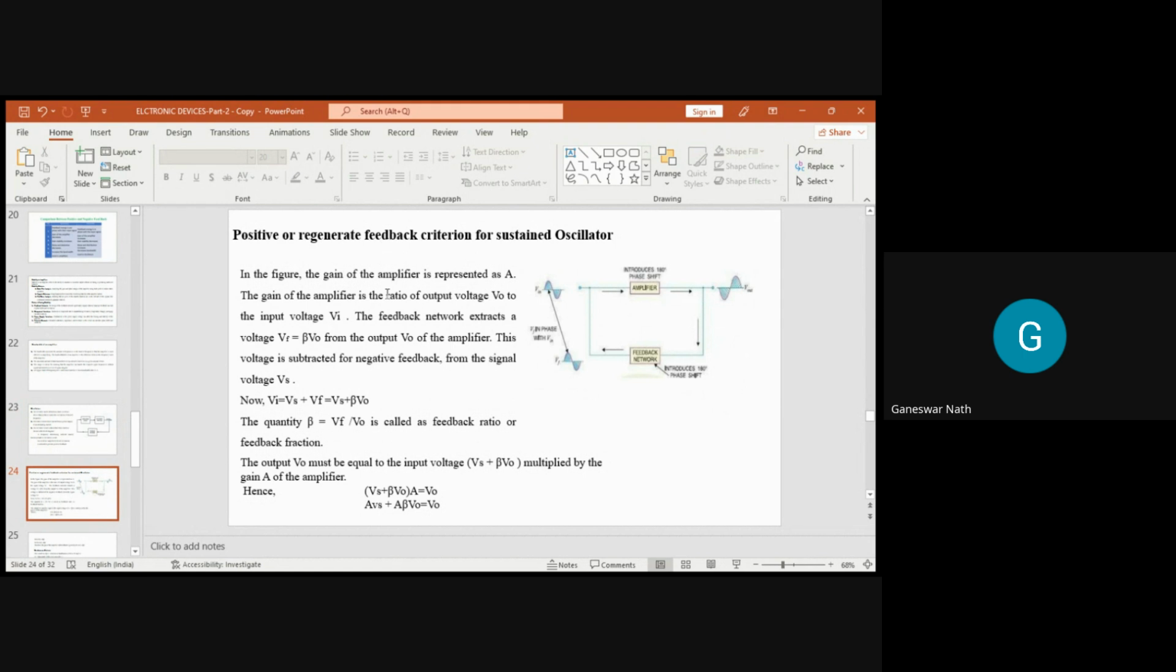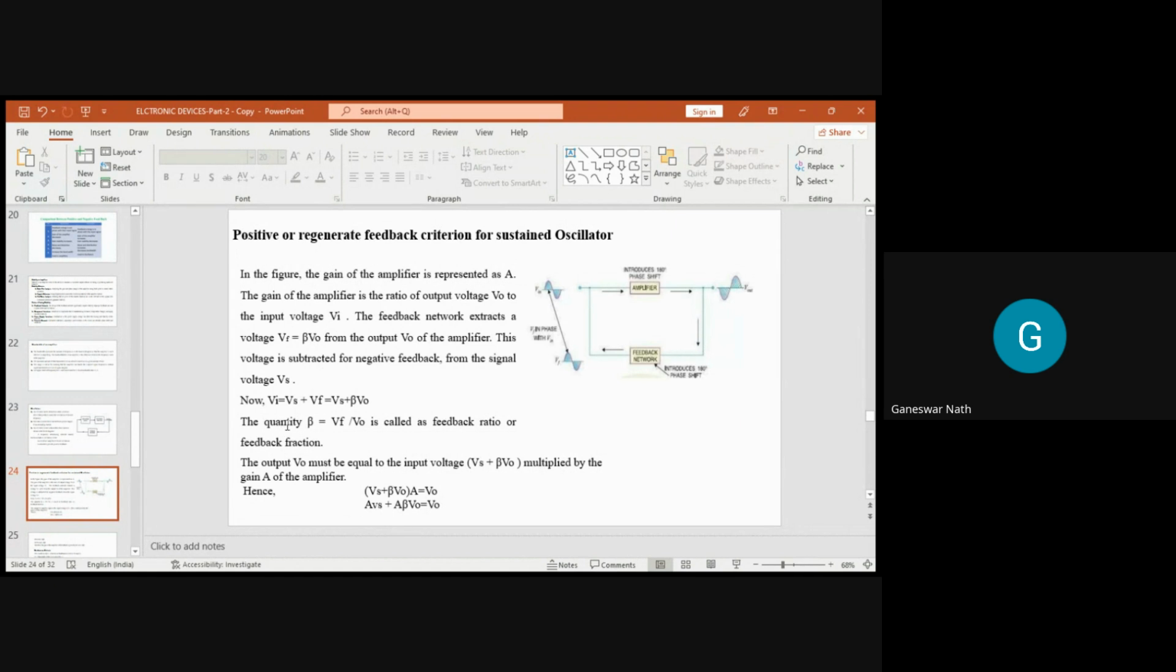The gain of the amplifier is denoted as A. What is that gain actually? It is simply the ratio of the output voltage V0 to the input voltage Vi, and the feedback network extracts a voltage Vf, a feedback voltage, that is beta V0. Beta is a coefficient, V0 is the output voltage of the amplifier, and this voltage is subtracted